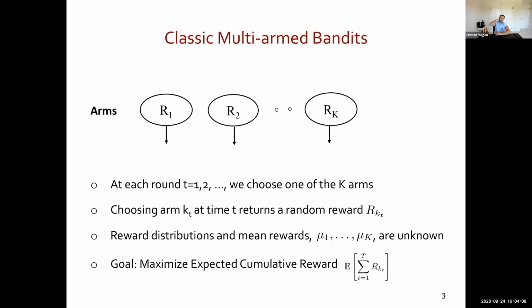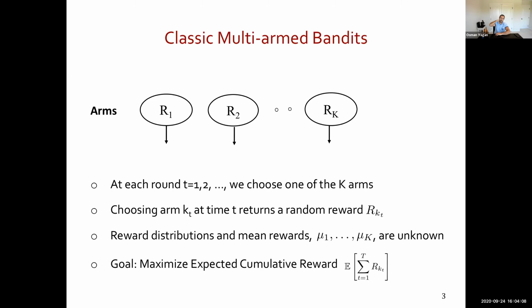Oh, sure. So this is a sequential decision-making problem where at every round, we are going to choose one of these K arms. And upon choosing an arm, we receive a random reward associated with the probability distribution of the corresponding arm. So if I choose, let's say, arm 1, I receive a random reward following the distribution R1, where R1 is a random variable that is going to be the reward I receive upon pulling arm 1.